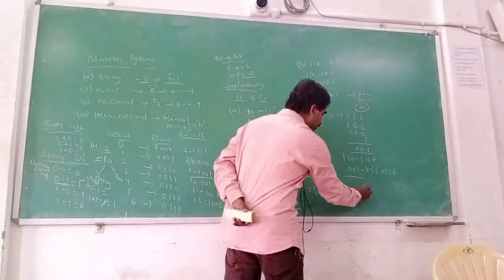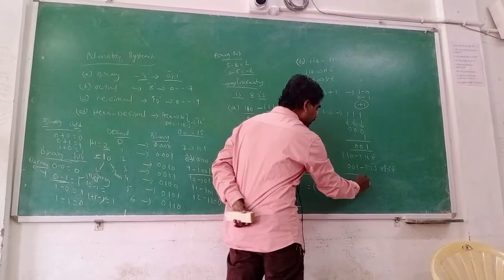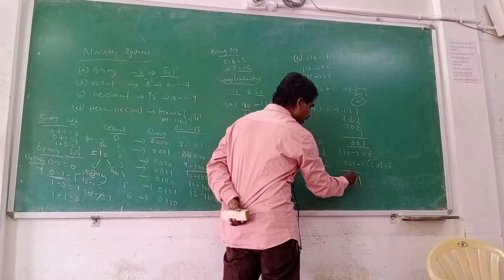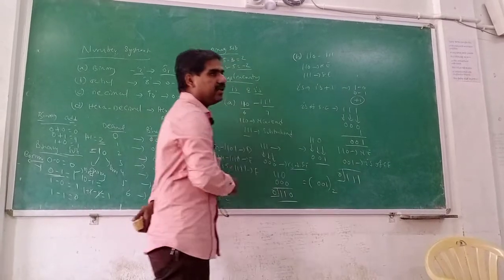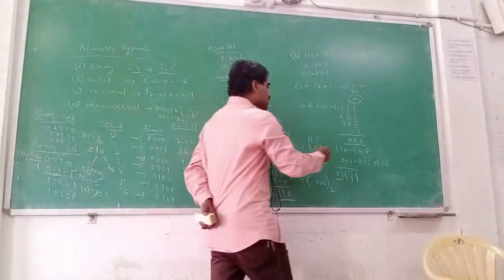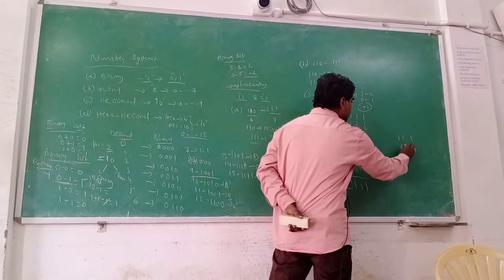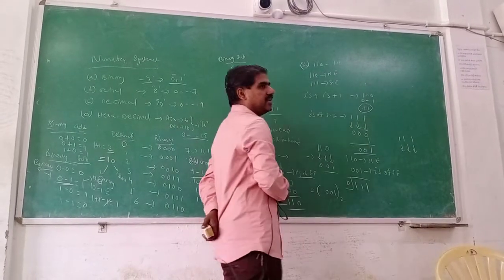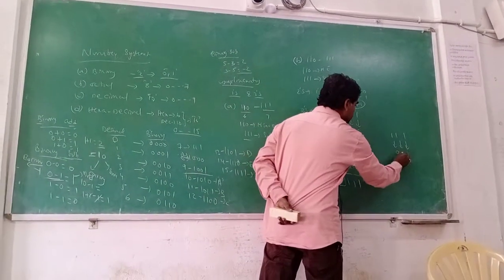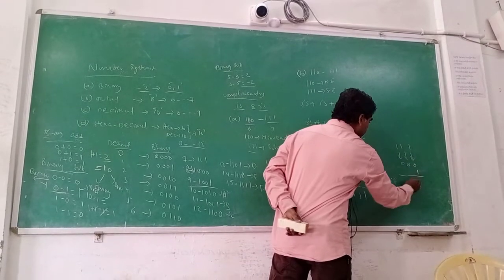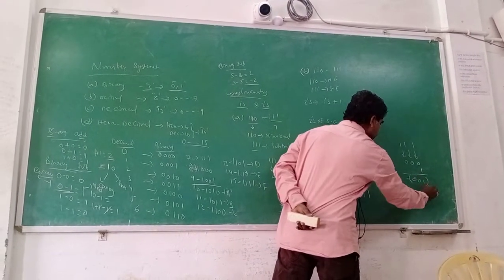By adding the two numbers, we can get the result. 0 plus 1 is 1, 1 plus 0 is 1, 1. Again we are getting a carry of 0. In the 2's complement rule, if the carry is 0, simply recomplement the result and attach a negative sign before it. Nothing but 0 0 0 plus 1 0 0 1, minus 2.